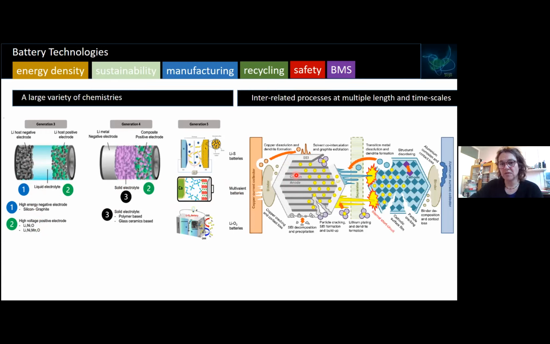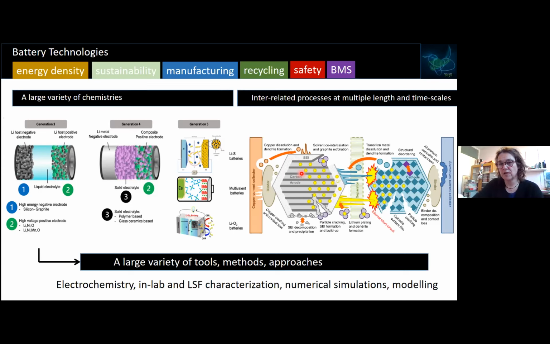And those mechanisms extend over large length scales and time scales, and they are all interrelated, intercorrelated. So we need tools, methods, and approaches to understand those mechanisms over those extended ranges of length scales and time scales, which basically rely on electrochemistry, of course, in-lab and large-scale facility characterization, numerical simulations, modeling, and other developments. In this talk, I will focus on the large-scale facility characterization